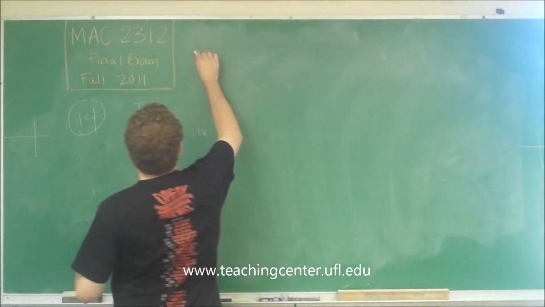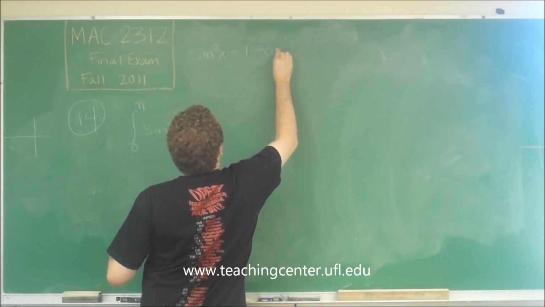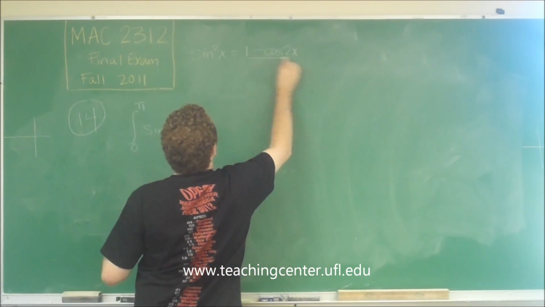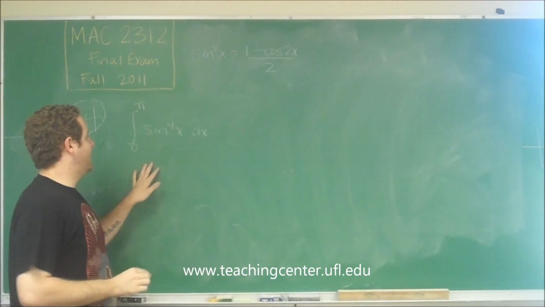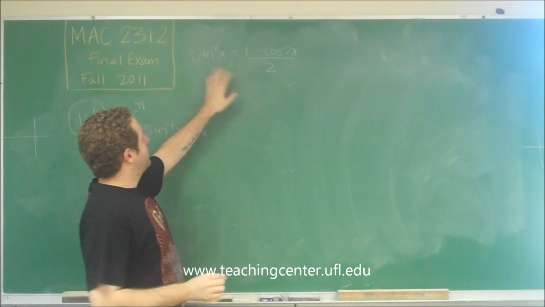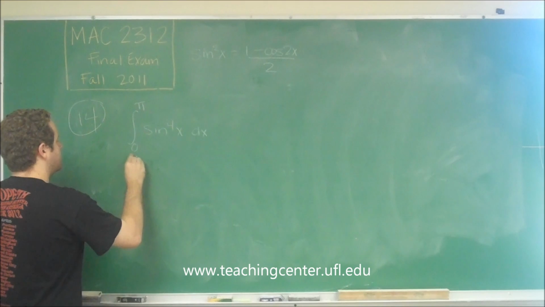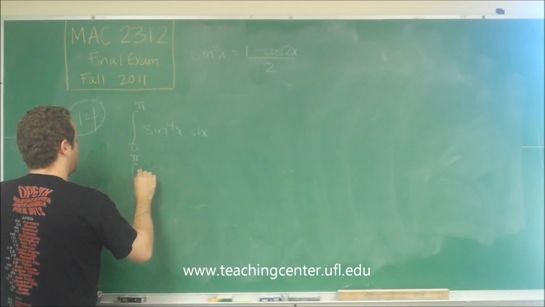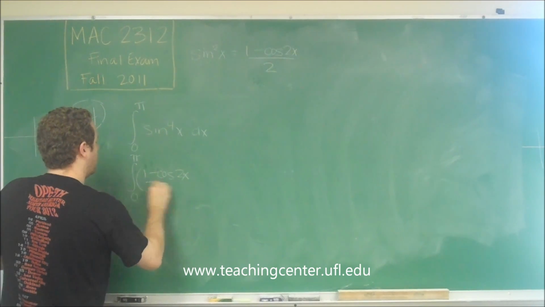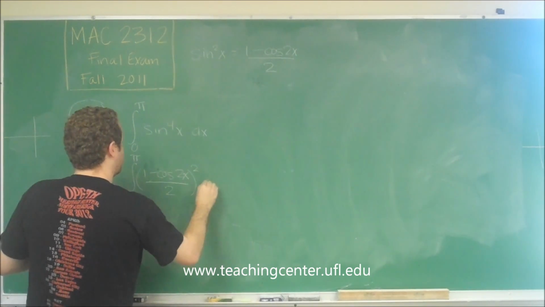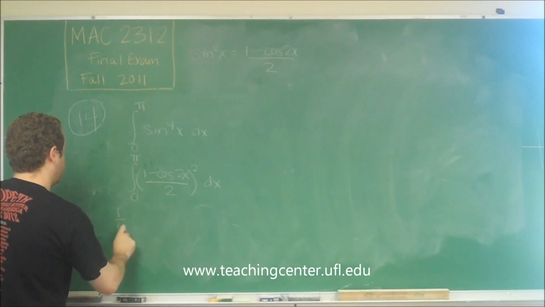So remember that you have a formula that says sine squared of x is equal to 1 minus cosine 2x over 2. So since we have sine to the fourth, we have that squared. So we can substitute using that first. So we have 1 minus cosine 2x over 2 quantity squared dx. That's going to help us a little bit. We can put this 1/4 out front